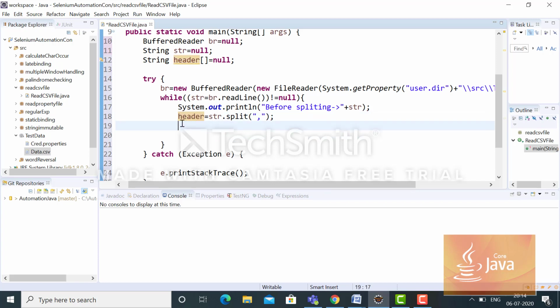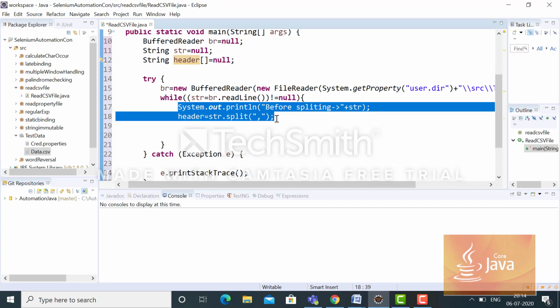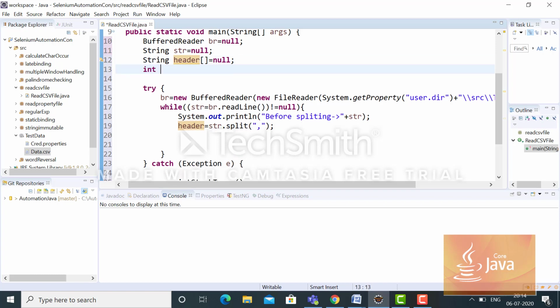Now the first one will be the header, right? So I will take one counter, int row counter equals 0.